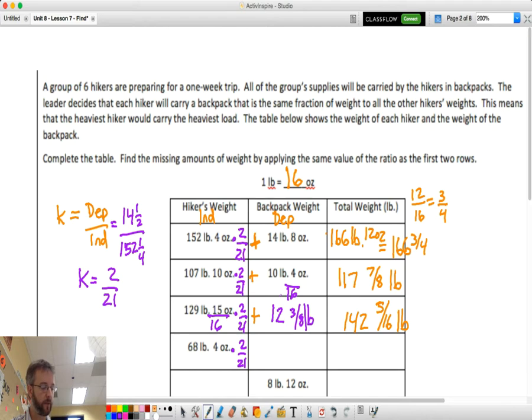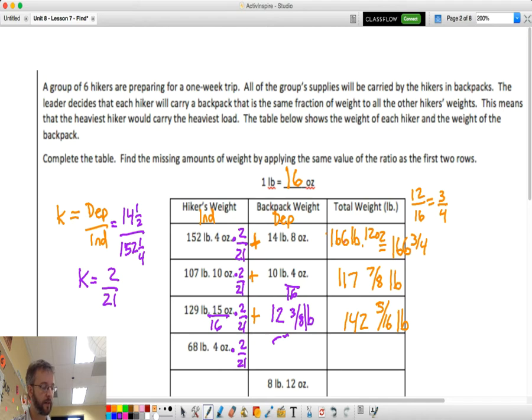64 and 4/16 times 2/21. I find out that the hiker's backpack is going to weigh 6.5. Let me check to make sure that's right. 68, I was using 64. 68 and